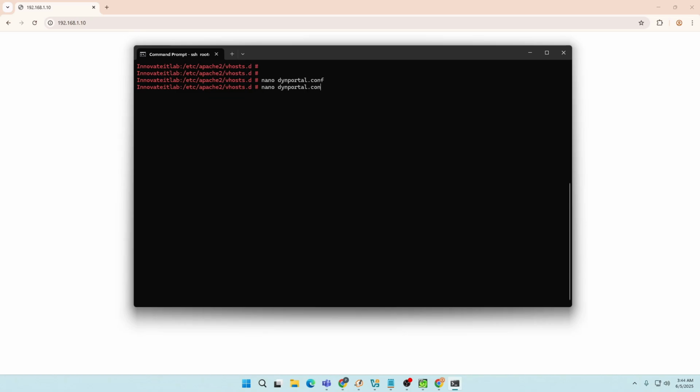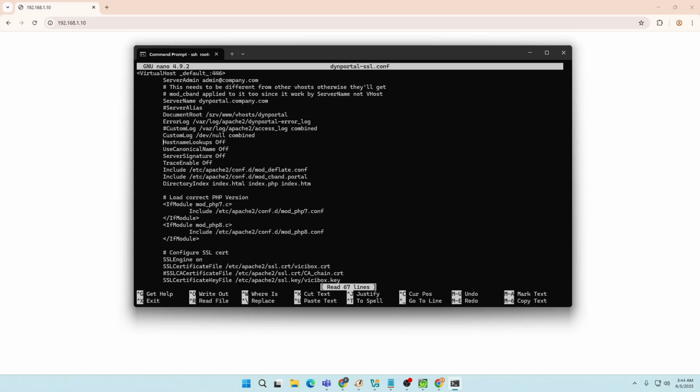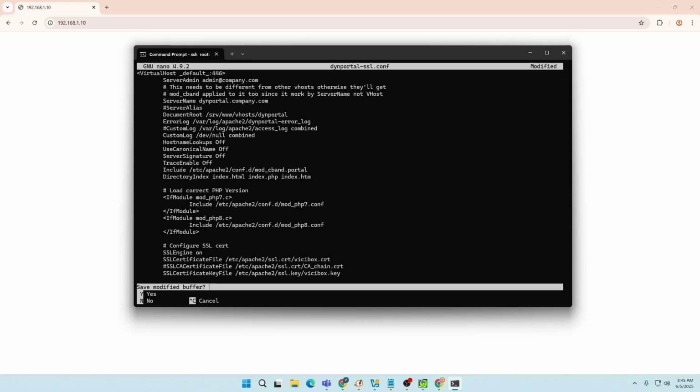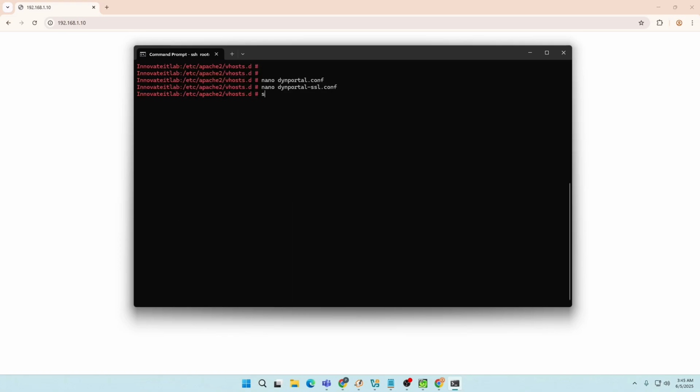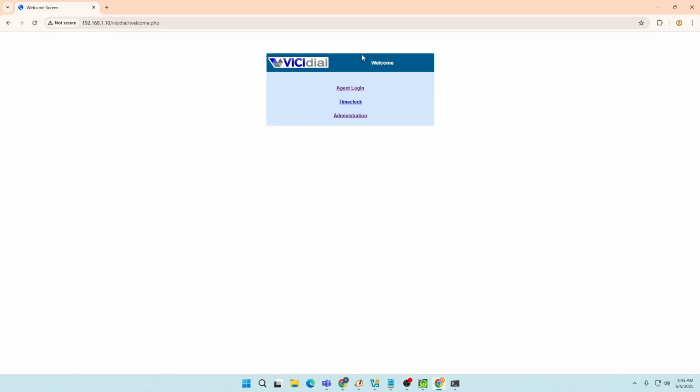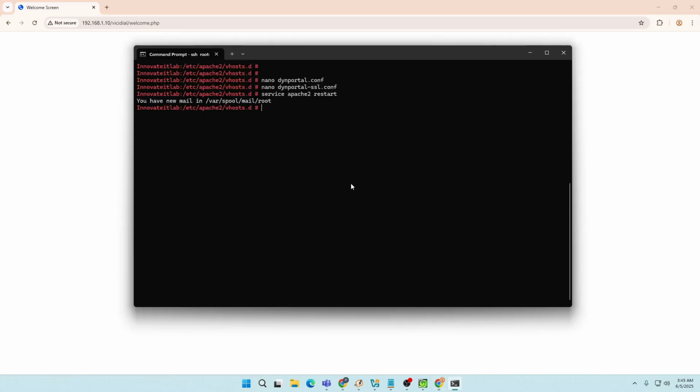We are going to do the same thing with this file also. Save the file and exit. Now we are going to restart the Apache. Okay, now let's check. Okay, as you can see, now the Apache is working,